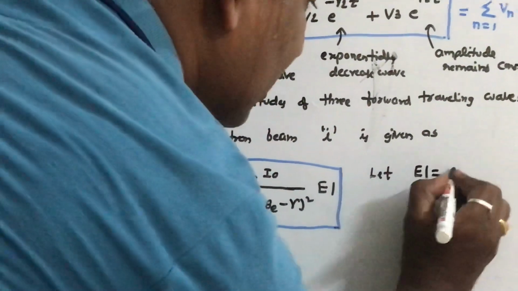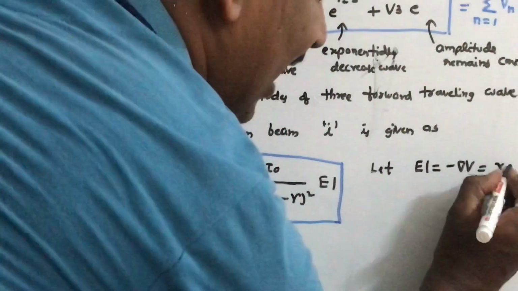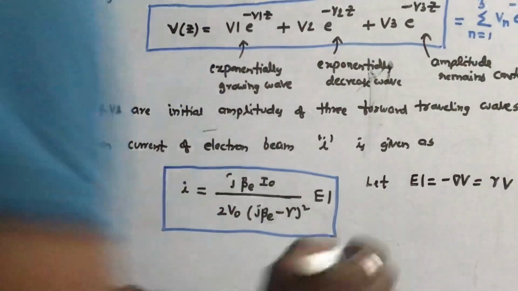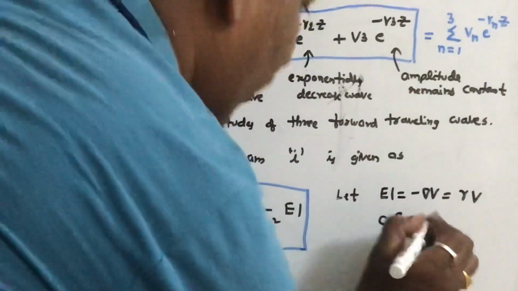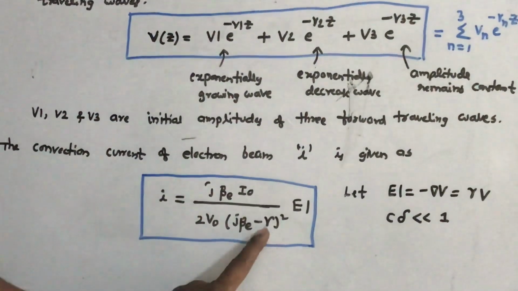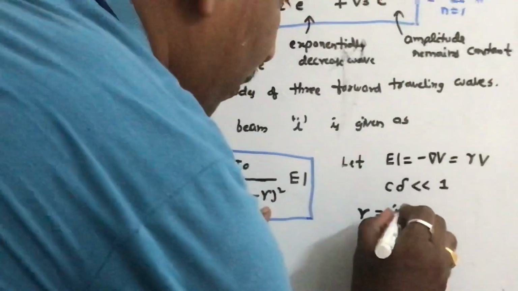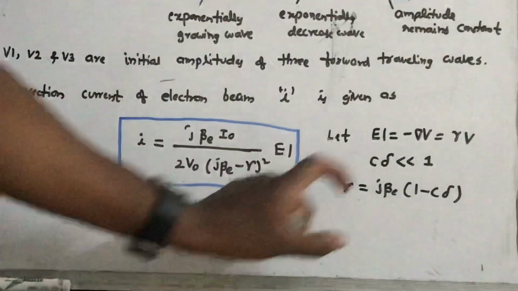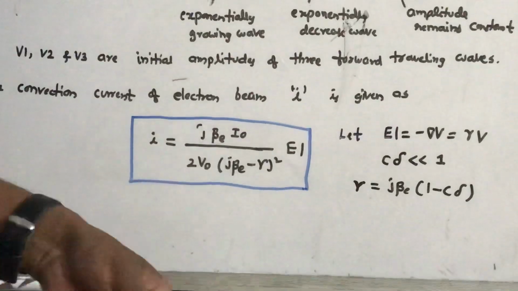So E1, what is E1? From the E and V relation, E1 is grad V, that is minus dou V by dou Z, written as gamma V. Replace E1 by gamma V. C delta is much less than 1. Another substitution: gamma is equal to j beta e into 1 minus C delta. So after substituting these 3 conditions in this equation, this convection current is written as, for 3 forward traveling waves,